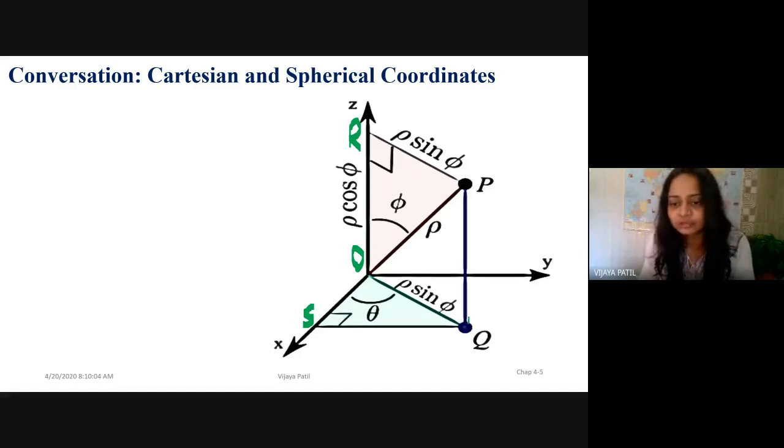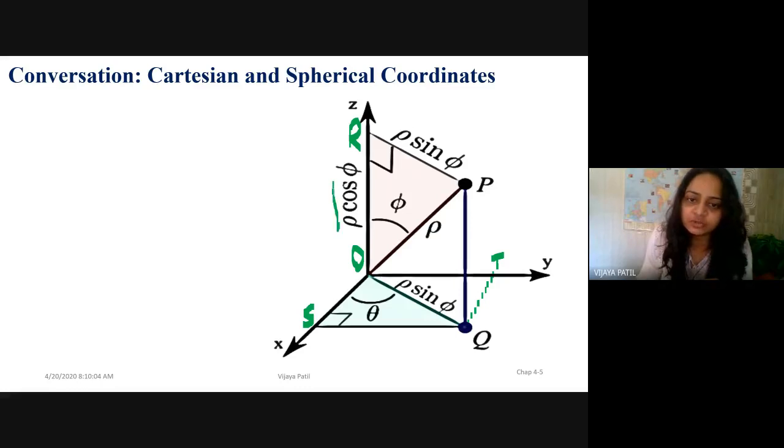Let me just draw one more thing here, which is nothing but the perpendicular from Q on this Y. Let us say this is capital T. So what exactly do I need to find out? I need to find out x, y, z. That means I need to find the position vector along the positive x-axis, the positive y-axis, and the positive z-axis. In short, I need to find the length of OR, the vector component OR, the component of OS, and the component of OT, right?